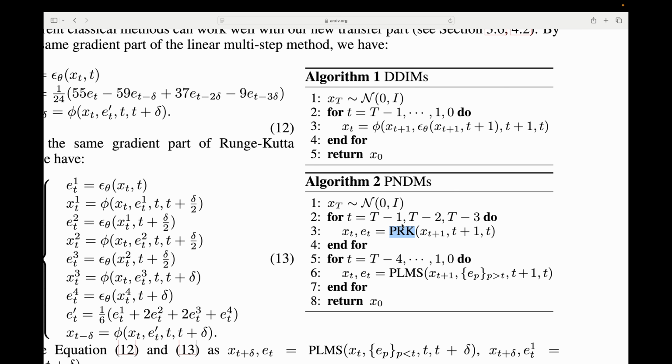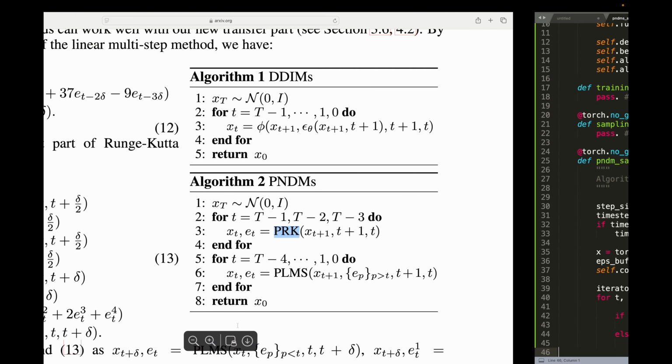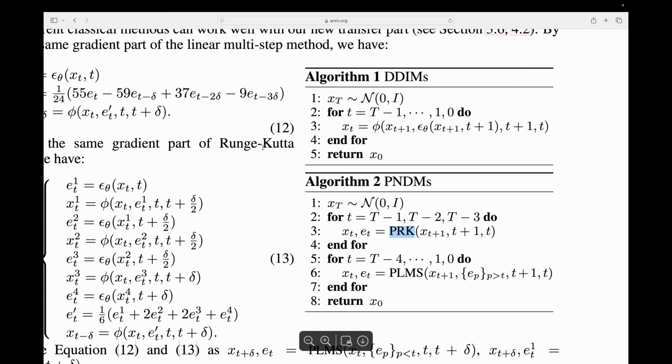As for why there is this if-else statement: to do this PLMS step, it's a recurrence equation, so we need the three previous epsilon. But at the beginning, of course, we don't have them, so we are going to use another algorithm. It's based on Runge-Kutta, a well-known algorithm in computer science. So basically, the first three epsilon, we get them with PRK, Runge-Kutta, and then we are going to